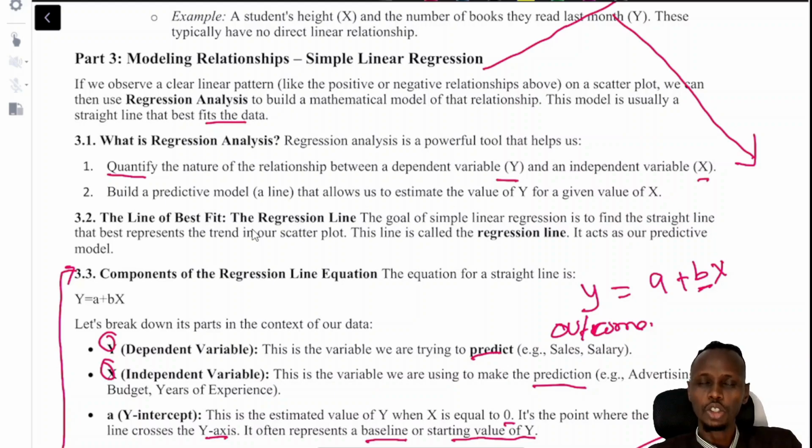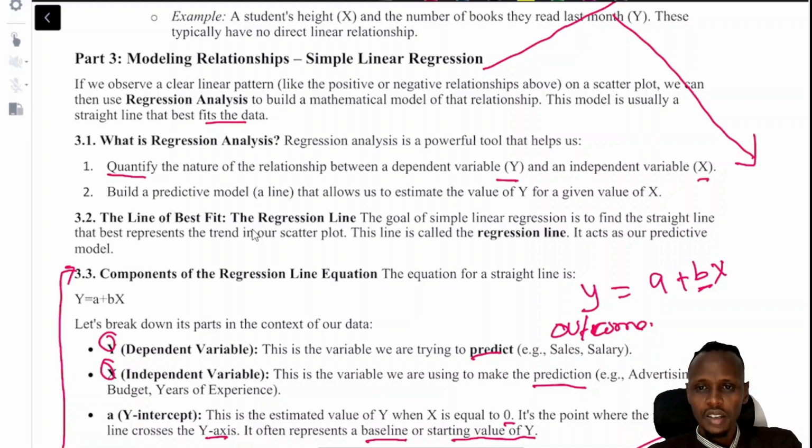then use regression analysis to build a mathematical model of that relation. This model is usually a straight line that best fits the data. So what is regression analysis? Regression analysis is a powerful tool that helps us, one, quantify the nature of the relationship between a dependent variable